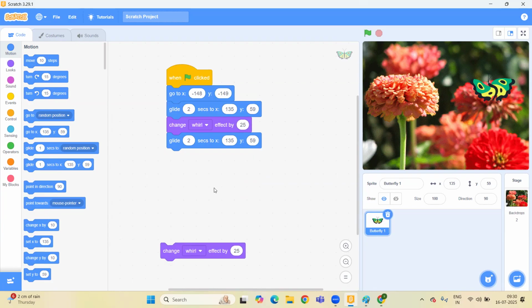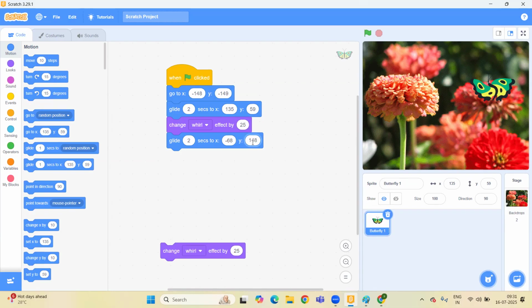So I want to remove this one for a while, so we can check step by step. Now I'm going to set the x coordinate and y coordinate, because if I don't change this, it will repeat. Now you can put the value here, minus 68, for example, and 148.